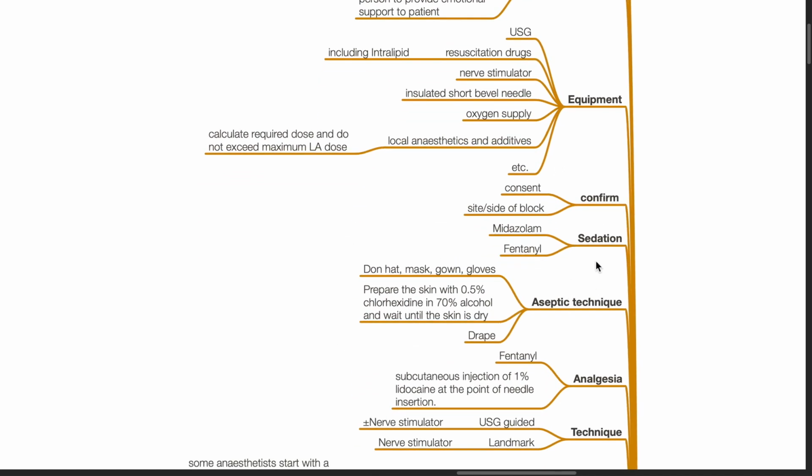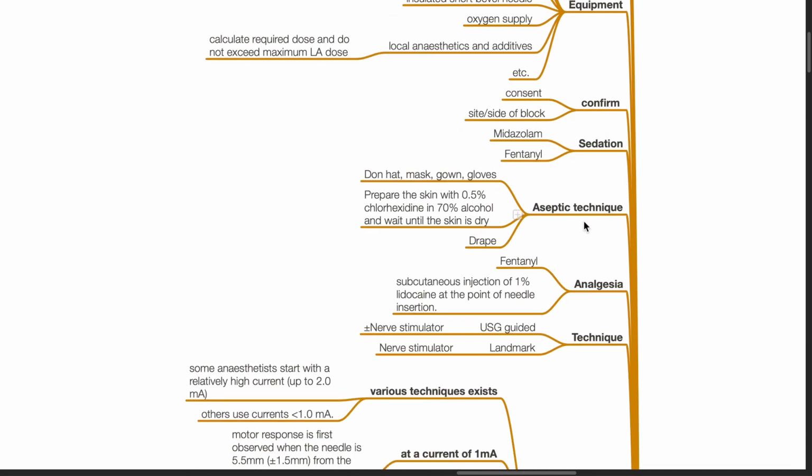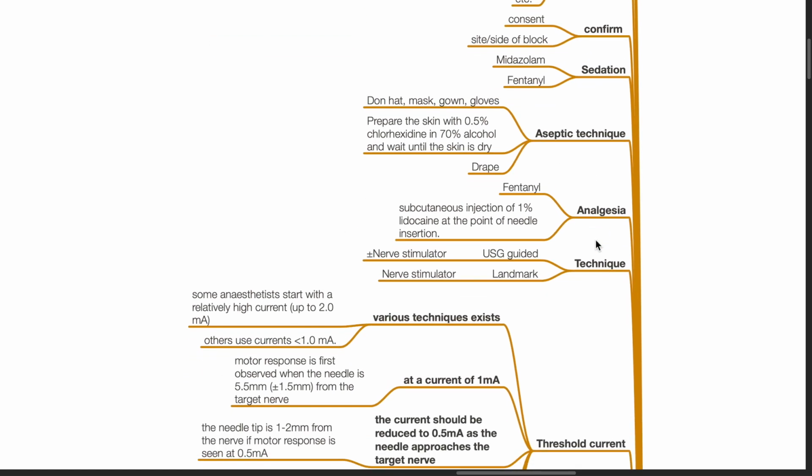Sedation with midazolam, fentanyl. Aseptic technique: don hat, mask, gown and gloves. Prepare skin with 0.5% chlorhexidine in 70% alcohol and wait until the skin is dry. Drape the patient. Analgesia should be provided, such as fentanyl and subcutaneous injection of 1% lidocaine at the point of